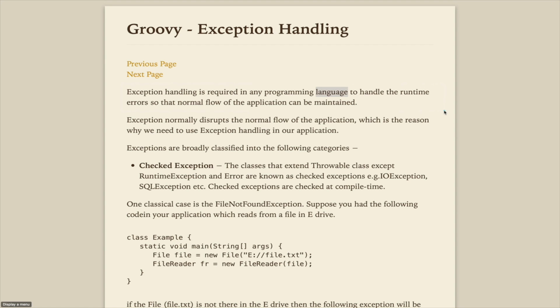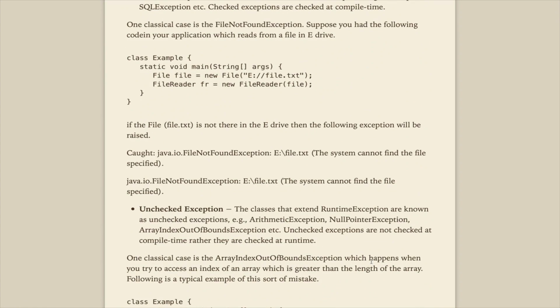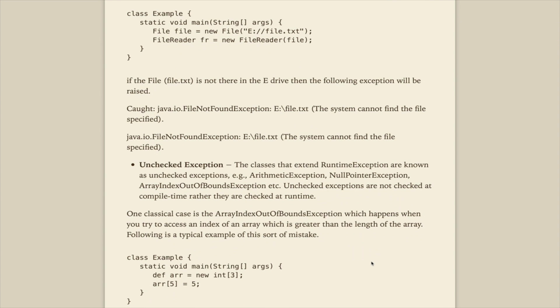So what we need to do is handle those kinds of scenarios, and that's what we're talking about in this video, called exception handling. Now, for example, you have a file and you're trying to read that file. Let's just say that file doesn't exist. You don't have that file, and an exception will be thrown. When the exception is thrown, the common program flow won't work any longer. So to handle that, we want to make sure that even though our program throws an exception saying the file does not exist, we still want the other part of the application to continue as we expect.